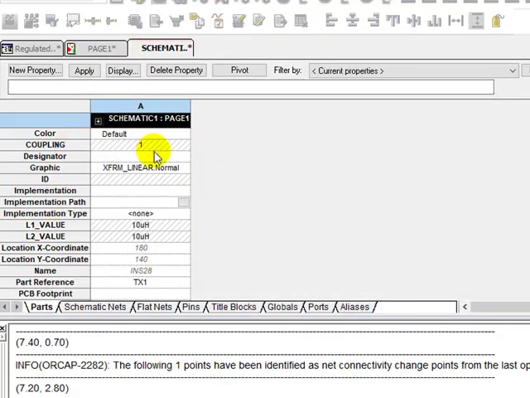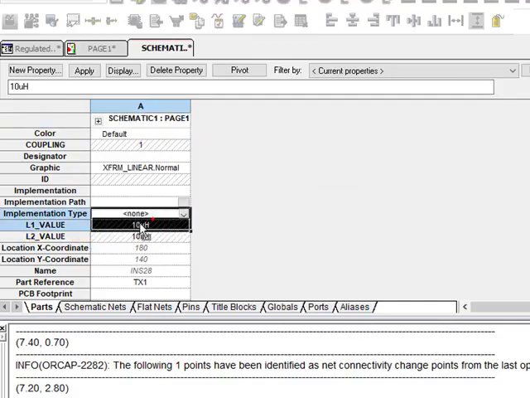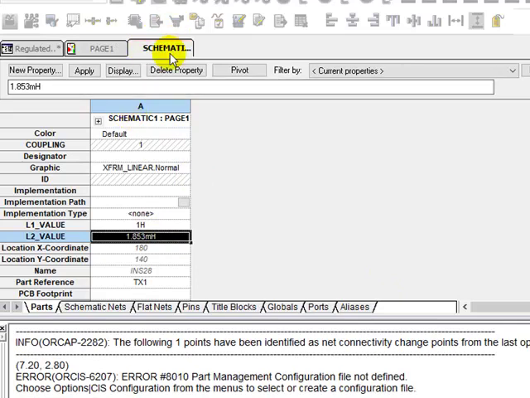This properties page will open. So search for L1_value. This is the primary side inductance. I'll just type 1 capital H Henry, and secondary side is 1.853 millihenry. So just type this, press Ctrl S, that will save it, and you can close this properties page.